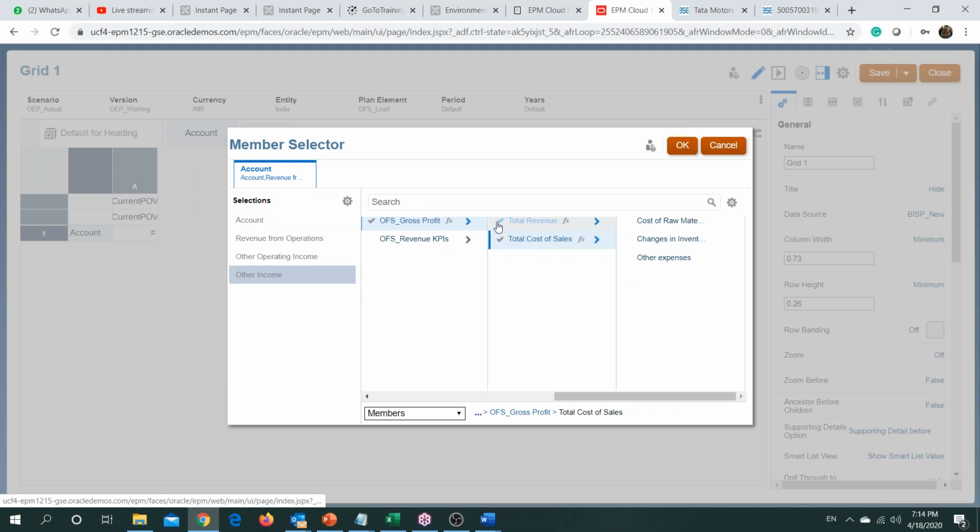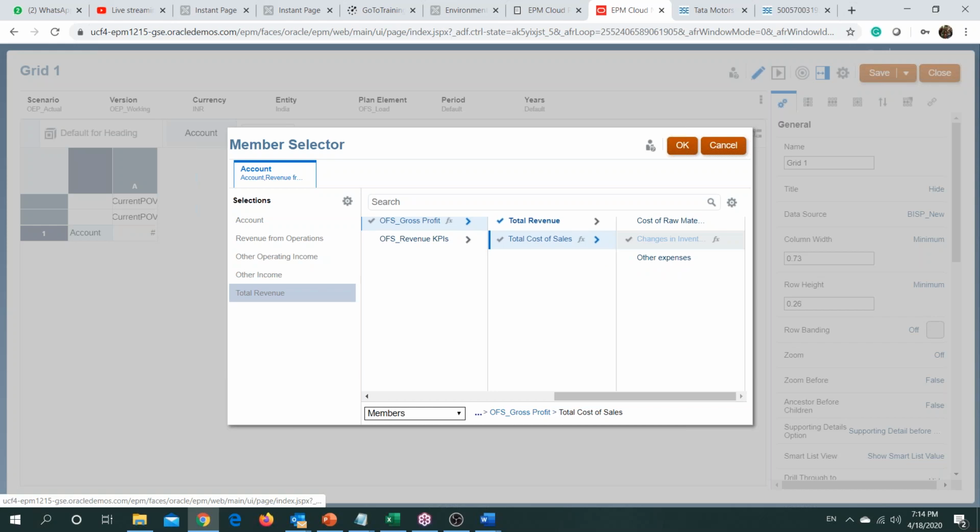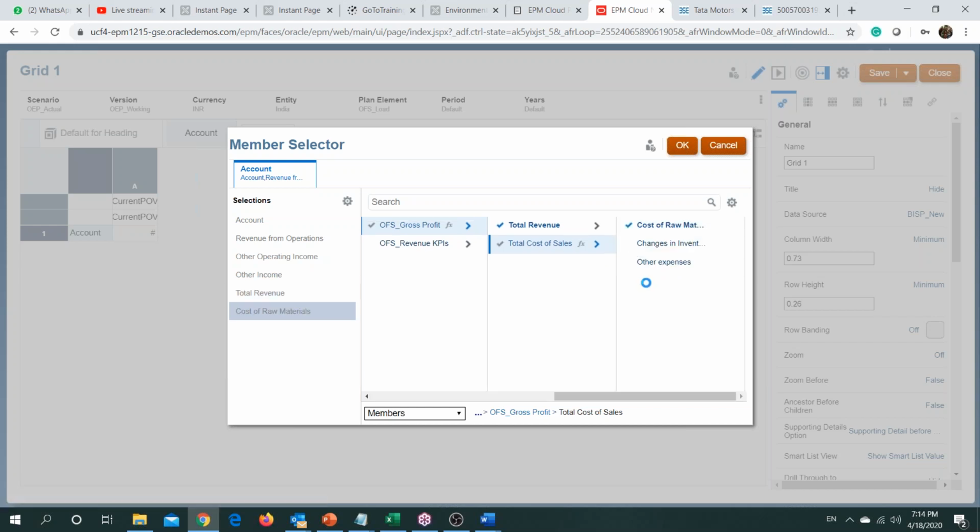So just take total revenue so that we have our total revenue also in place. Okay, and then take cost of sales accounts. And let's keep total cost of sales up.